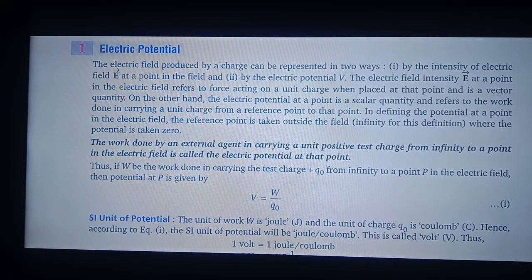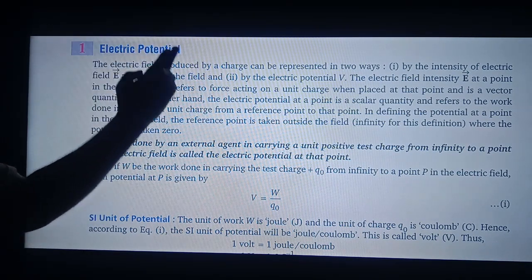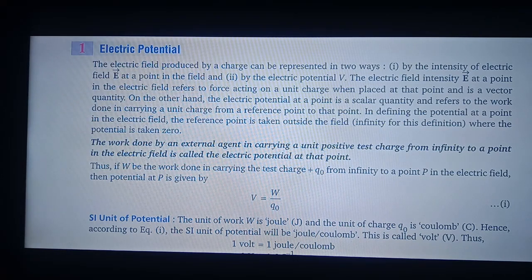In class 12th, today we will study electric potential and electric potential energy. So what is electric potential? Electric potential is the amount of work done in bringing a unit positive test charge from infinity to a point